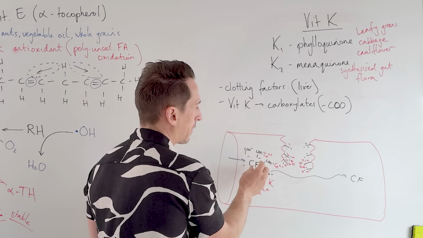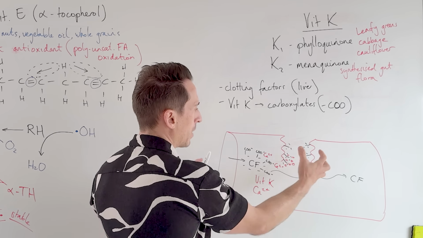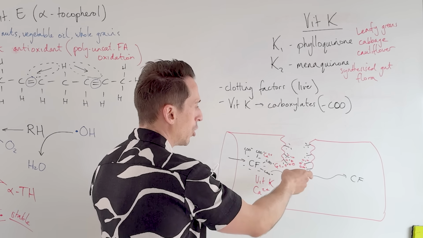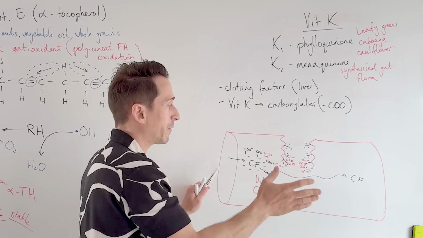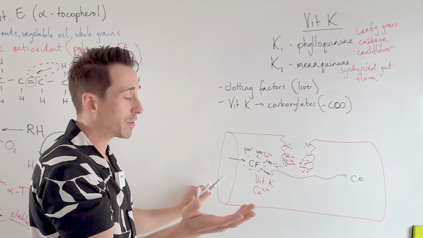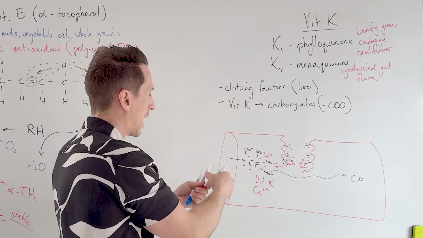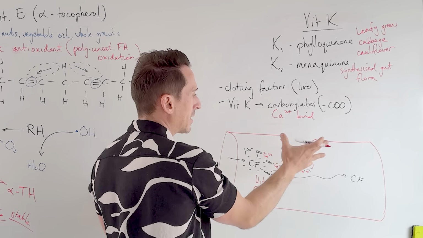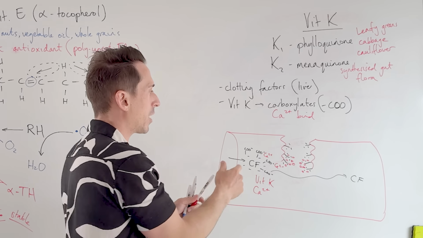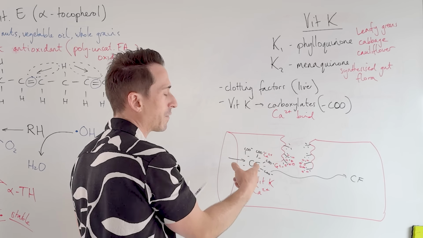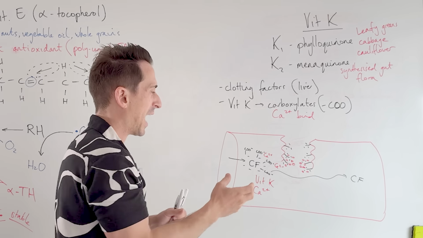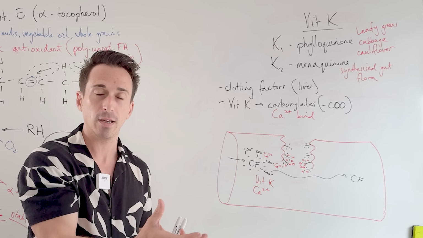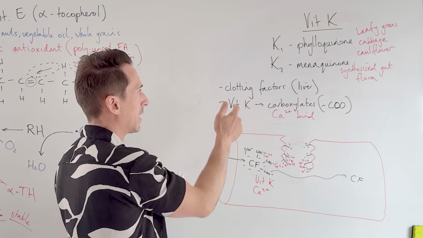So if all the important clotting factors are carboxylated, calcium in the bloodstream allows them to all accumulate here. And the clotting cascade can occur where they all trigger each other to ultimately form fibrin and it blocks up. So effectively vitamin K through carboxylation allows for calcium to bind. And if calcium can bind, it tethers it up and clotting can occur. If you don't have vitamin K, you don't get these clotting factors becoming charged enough and it won't bind to the calcium and it won't bind to the site of damage, right? So that's important. That's one reason why we need vitamin K for clotting.